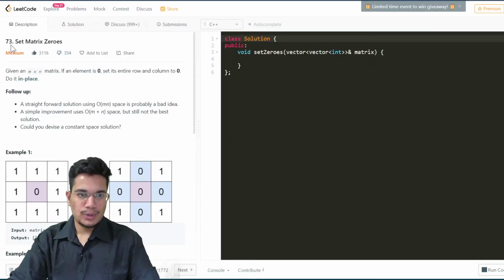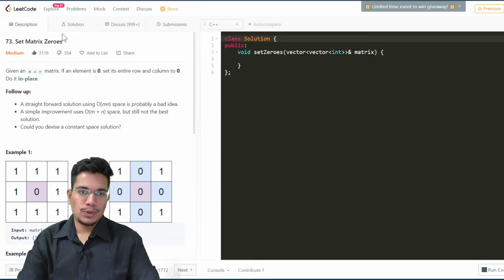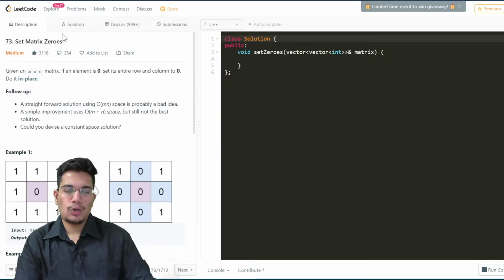So today in this video, we'll be solving this question called set matrix zeros, which is a medium level problem on LeetCode. And as per LeetCode's company-wise problems, this problem has been asked a lot by Microsoft in their coding